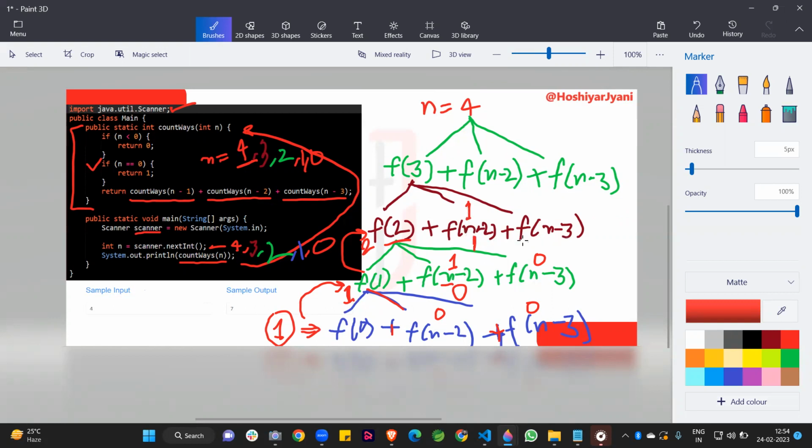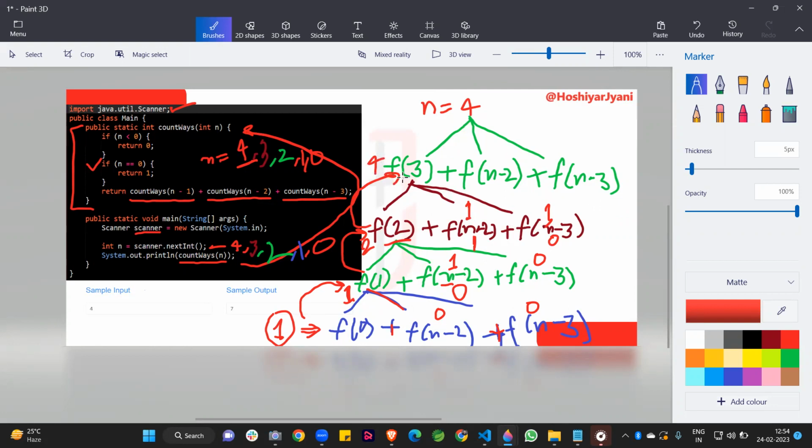Then there is one more method here, f of n minus 3. So what is the value of n here? We ask the parent. So the value of n here is 3. So 3 minus 3 here is 0. So this method is f of 0. You know very well, we already solved f of 0, the value is 1, returning 1. So this method is returning 1 value. Okay, so the combination of the whole method is 1 plus 1 plus 2, which is 4. So the value 4 is returned to this f of 3. Okay, we get the 4 result here.